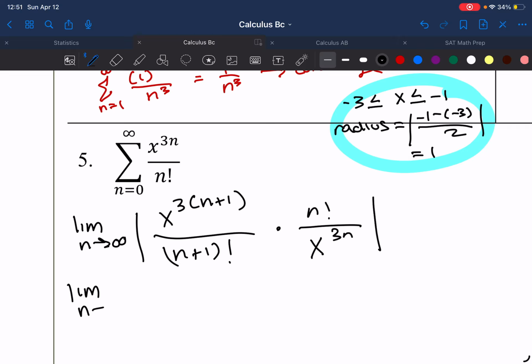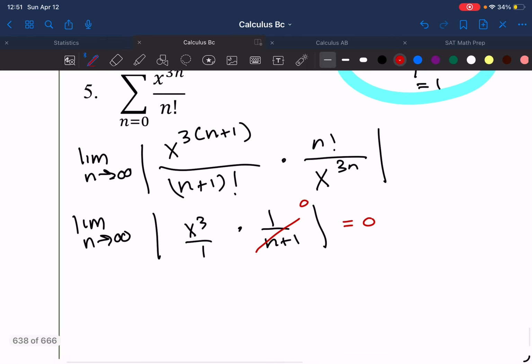This is going to simplify to the absolute value of x cubed over 1 times 1 over n plus 1. So as n approaches infinity, notice we have 1 over n, so this is going to approach 0, which means this entire limit is going to equal 0. And if we look back at our definition, if the limit of this series approaches 0, then this is going to converge